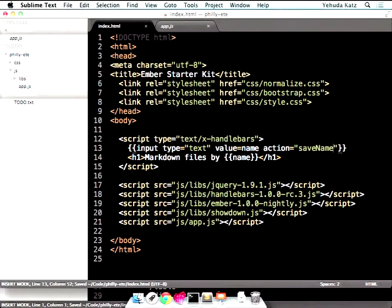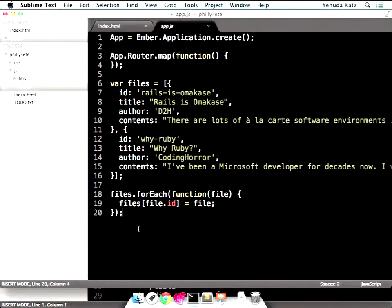And where does that action go? Well, I'm in the application template. So it's going to go into the app. It's going to be triggered on the application controller. So what I'm going to do is make a little controller section here. I'm going to say app.application controller equals